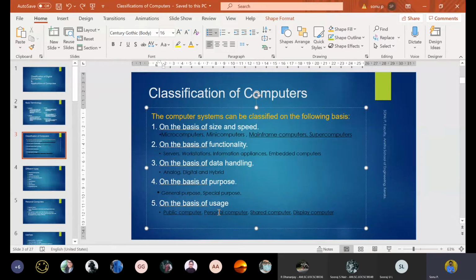So on a personal computer, we can personalize things, and it has some importance for security also. You can conduct e-banking, use important social networking sites, and secret data can be passed using a personal computer. So that is the public computer and the personal computer. Then another type is shared computing.